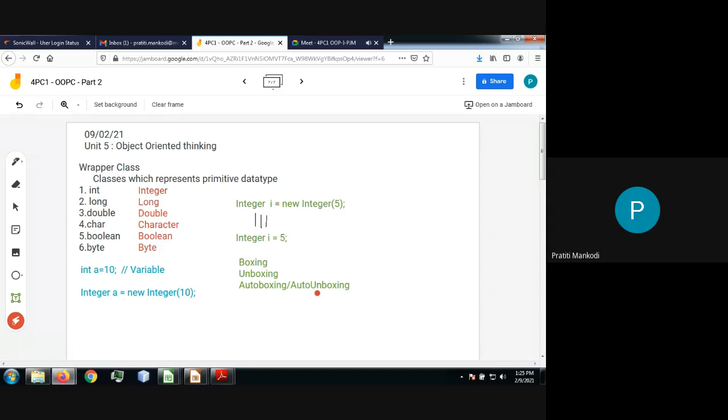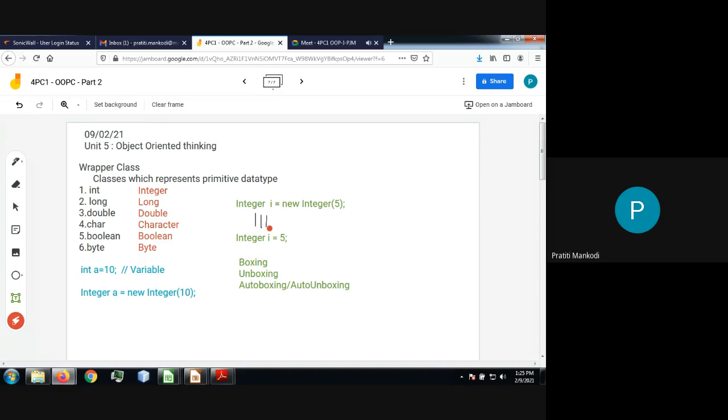These two processes, boxing and unboxing, are done automatically by Java. Here you have not written new. You are boxing a primitive data type value inside an object, and this is done automatically. Even if you have not written new, still the object will be created and the value will be assigned as 5. This is called auto boxing.